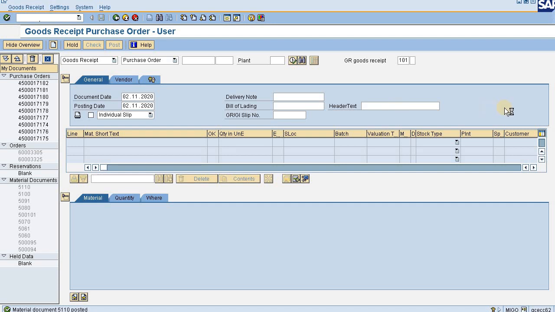That's the normal procedure. Again it is taking a bit of time. It would come up, and there we can check the status and display the material document which just got posted while doing the GR.